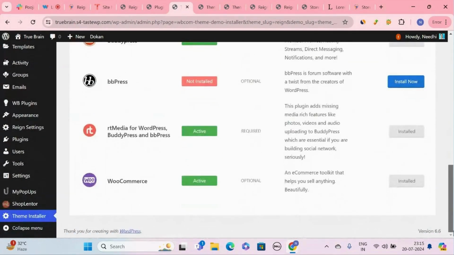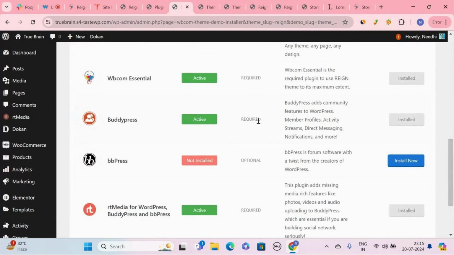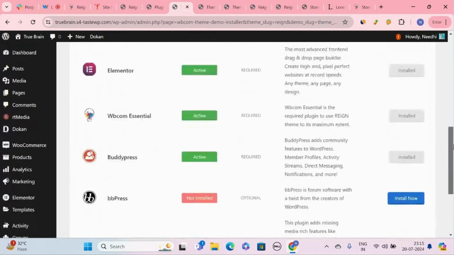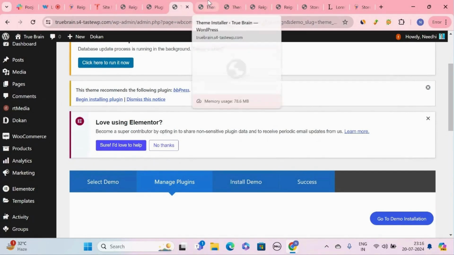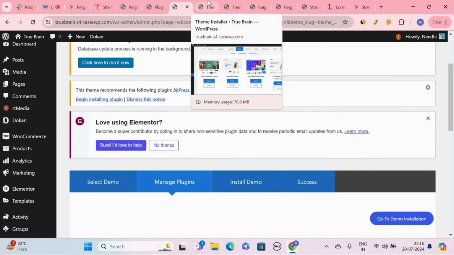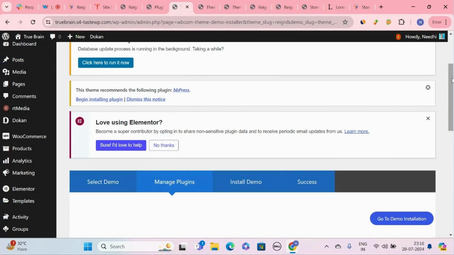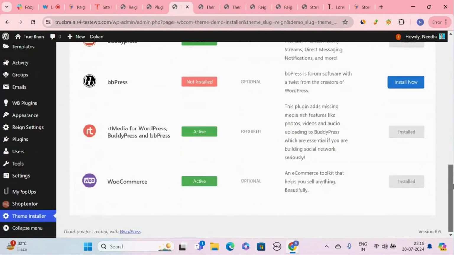You need to install all of the required plugins. The optional plugins are your choice. If you want, you can install the plugin or not. Here you can see.